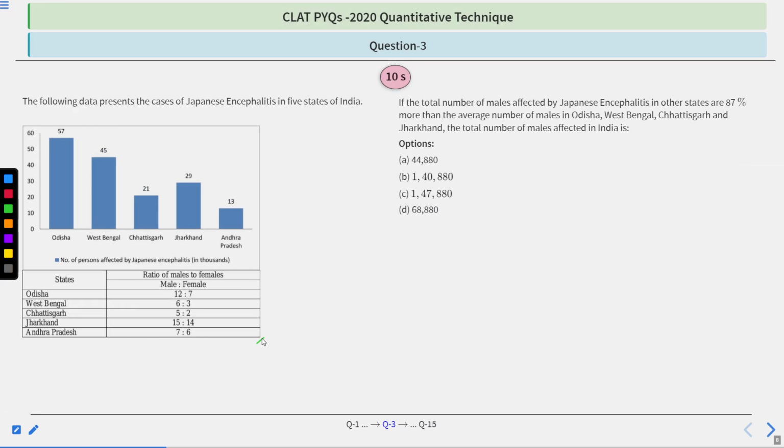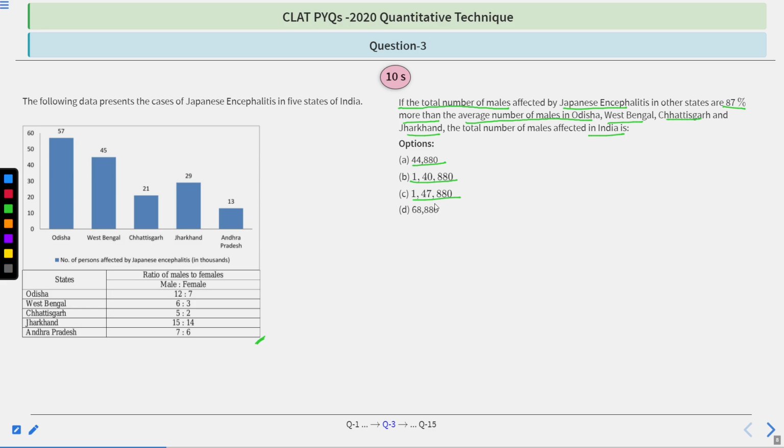Now the same data is given to you. I'm not going to go over the data again and again, so I'm just jumping to the main question. Let me read it for you. If the total number of males affected by Japanese encephalitis in other states is 87% more than the average number of males in Odisha, West Bengal, Chhattisgarh, Jharkhand, then the total number of males affected in India is: options: